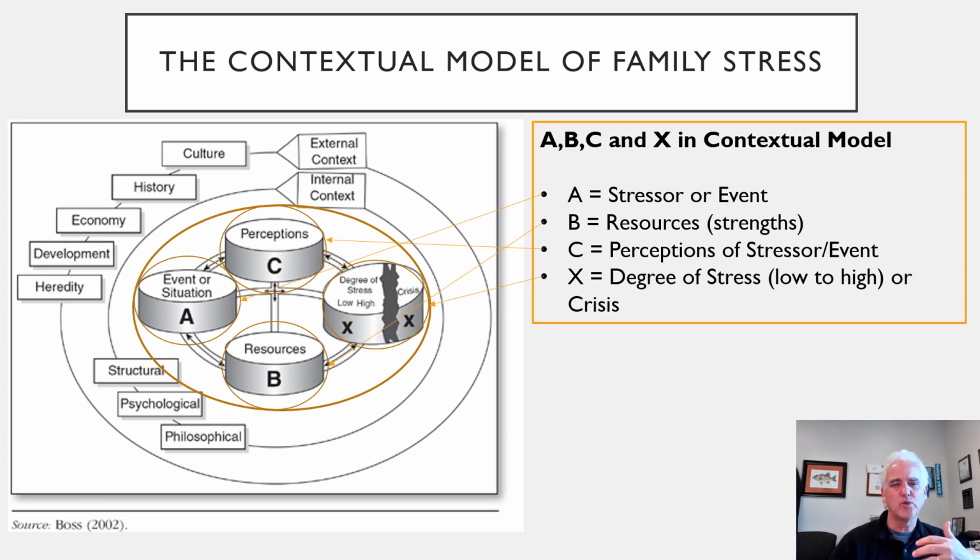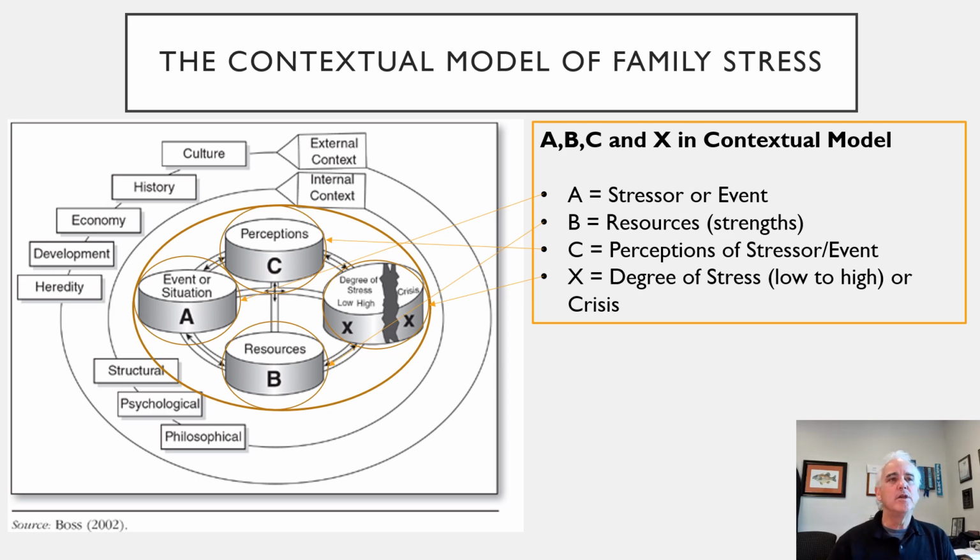I mean, if it's just a little stressor, then it's really not going to throw the family off its balance too bad and throw them into crisis. But if it's a major stressor, that may throw them into crisis, right? And so this is a very simplistic model that considers the context of stress. And it places the context of stress into either external, things that they can't control, or internal, things that they can control. And then gives that life by placing it around the ABCX model.